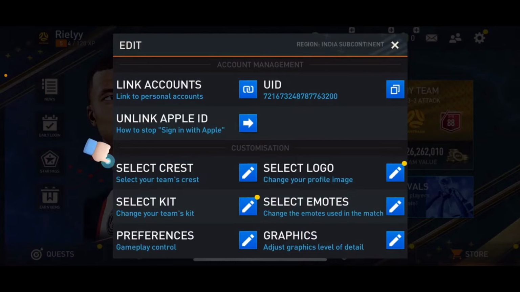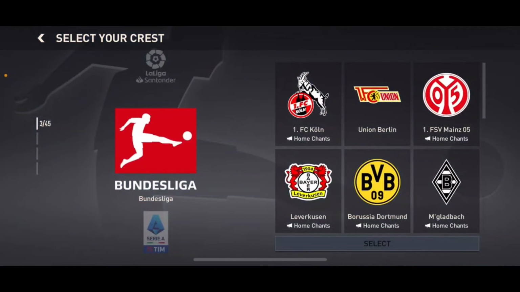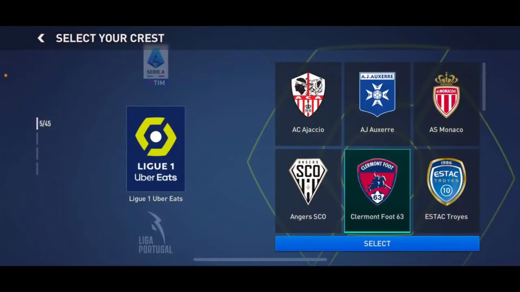Now, tap on the settings or the gear button at the top right hand corner from the main home page. From the list, tap on Select Crest. Now select the team you'd like to change to, and then after you are done, tap on the Select button